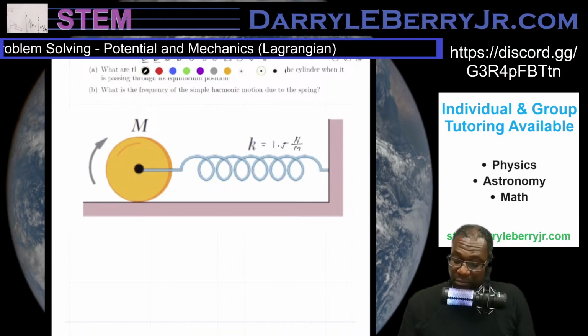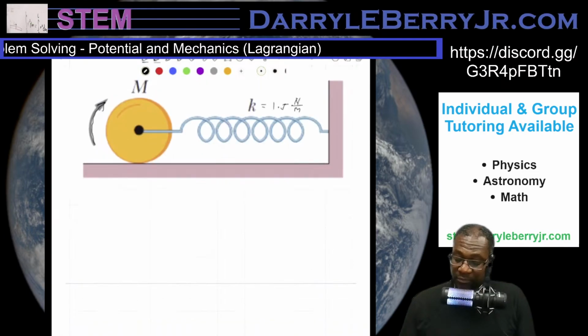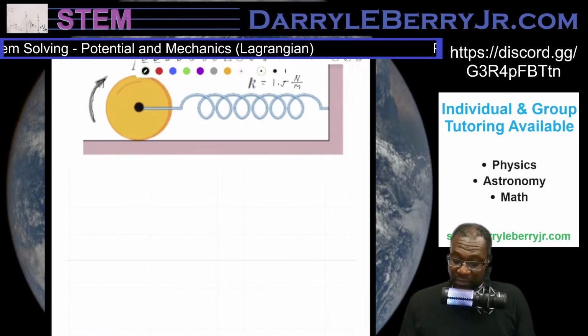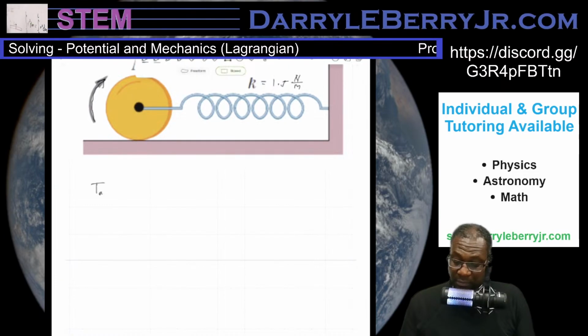So rotational has to do with the fact that it's spinning. It has a moment of inertia. So we would call T rotational